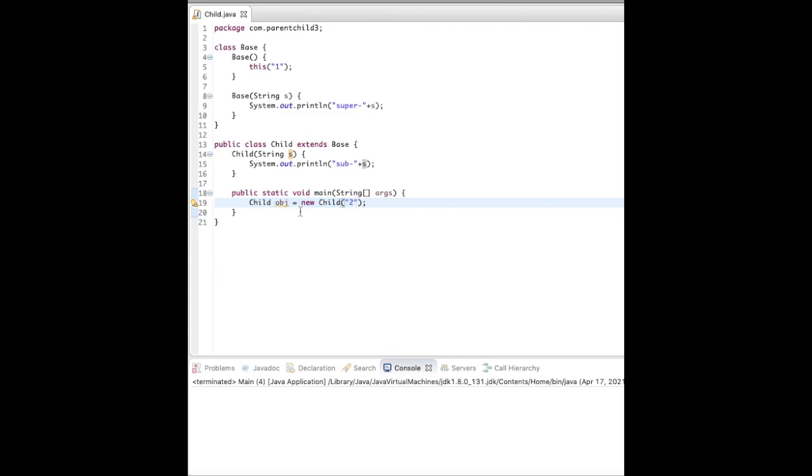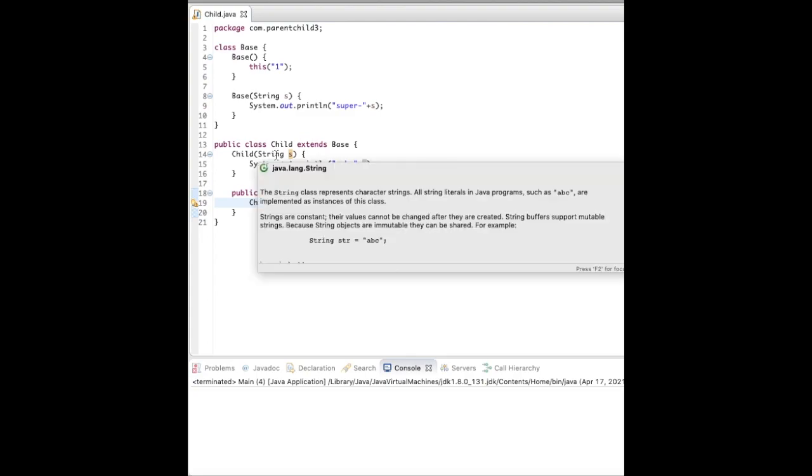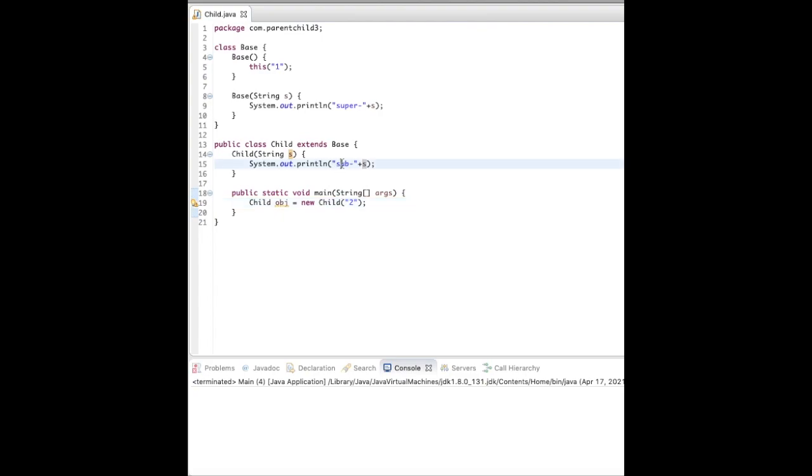So now what happens when this new child is called? The constructor of child is called, and it should just directly print sub and the value 2. But since it extends the base class, in case of inheritance, if you initialize any child object, then the object of the parent is also created in reference of that child object. So this constructor of base is also called by default.